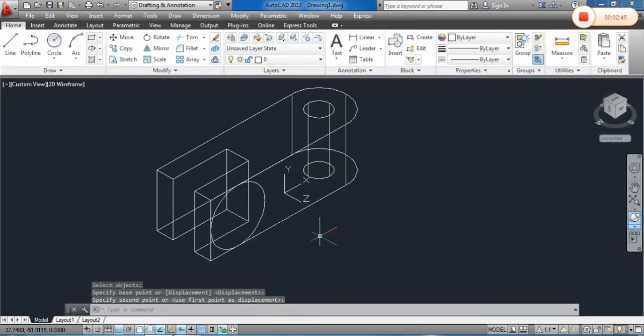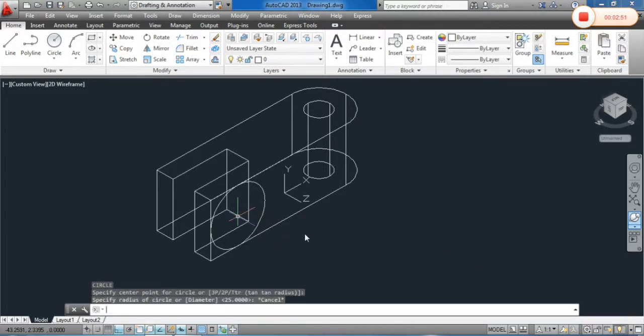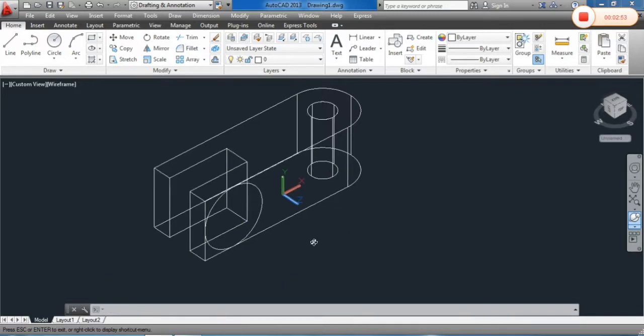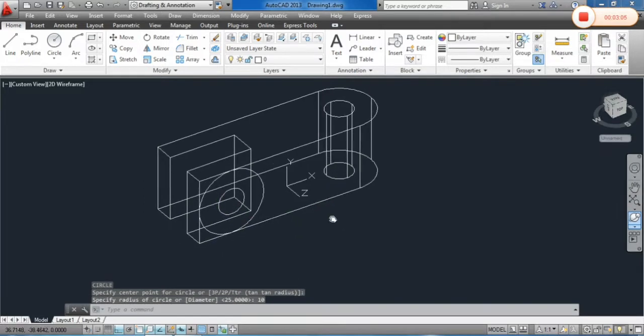Now we will draw another circle. So type C enter. This will be the same center point as the previous circle. Here type C enter and snap the circle center point and click here and give the radius of 10 mm. Here this is done. Now we will draw another rectangle